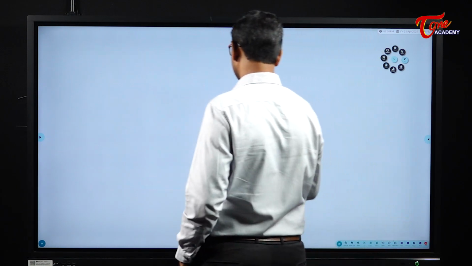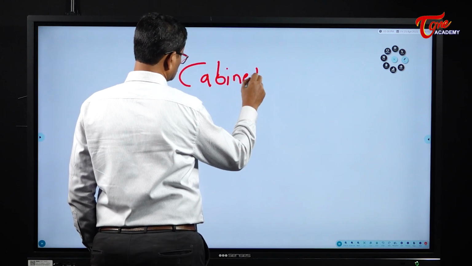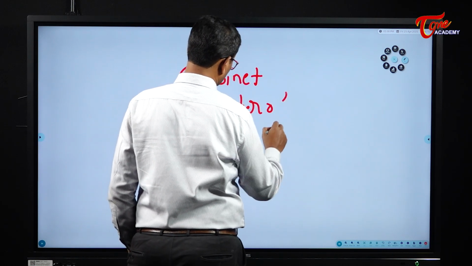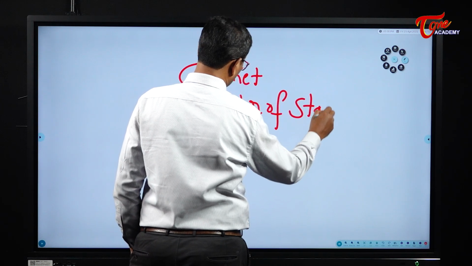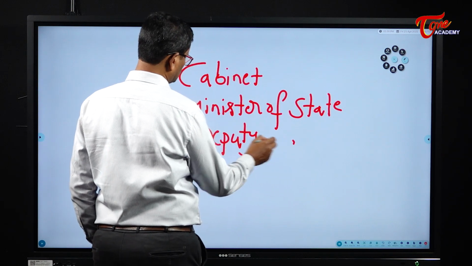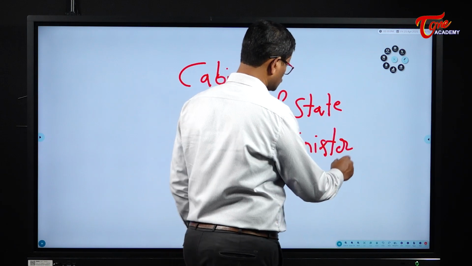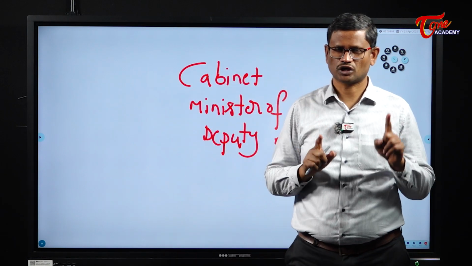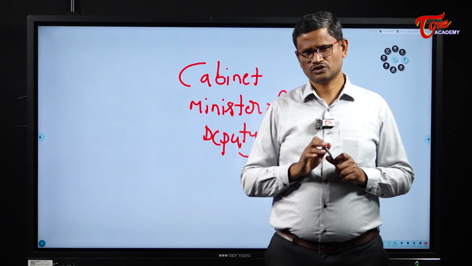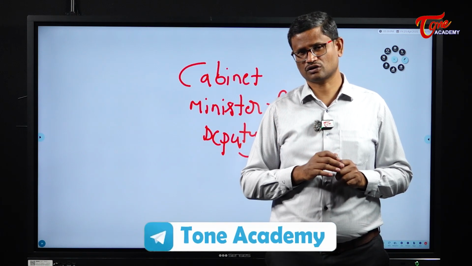Then in India we have three categories of ministers. We have Cabinet Minister, Minister of State, and Deputy Ministers. But you don't see this in the Constitution of India. The Constitution of India uses only two keywords, Council of Ministers and the Cabinet. So the Council of Ministers is one word which was used, and in 1978 through the 44th Amendment the word Cabinet was inserted in the Indian Constitution.